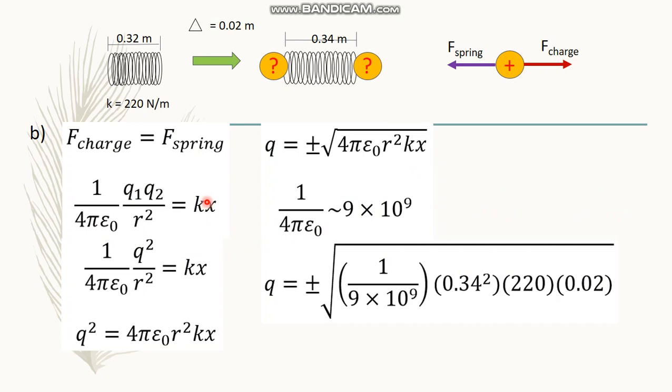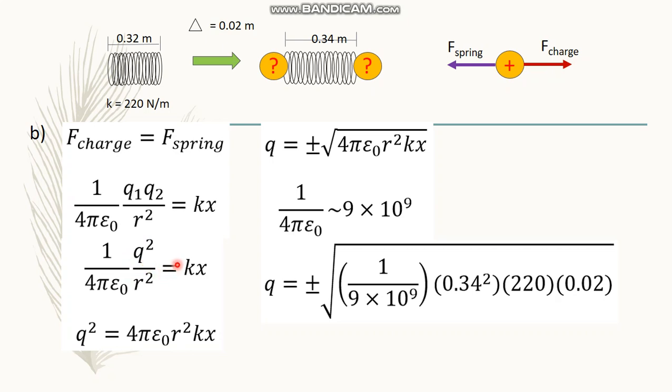So even if both are negative, multiplying Q1 and Q2 results in a positive sign, since negative times negative is positive. So we have Q squared. If we assume Q1 and Q2 are both equal to Q, or both equal to negative Q, multiplying them always results in Q squared. So we have 1 over 4 pi epsilon naught, Q squared over r squared,